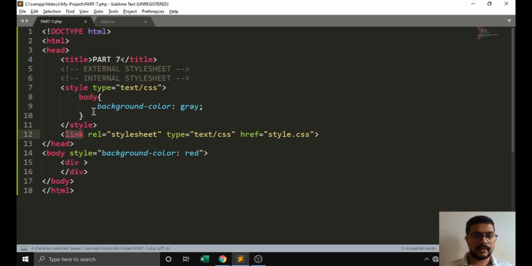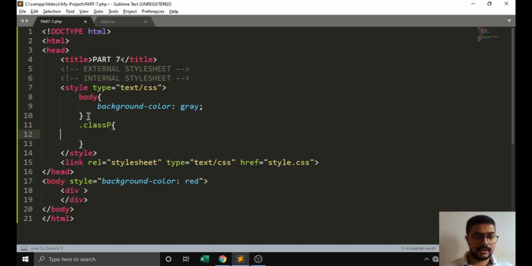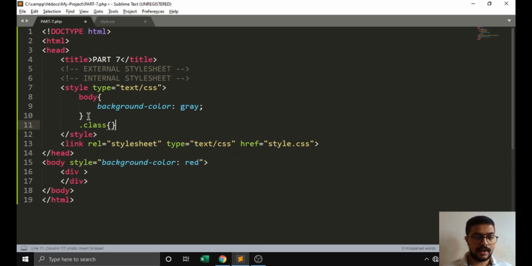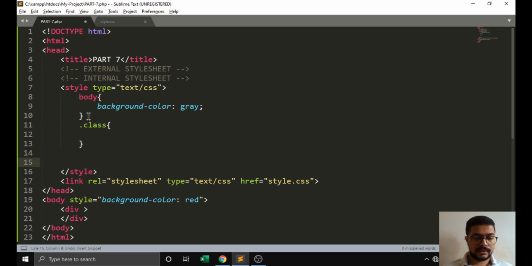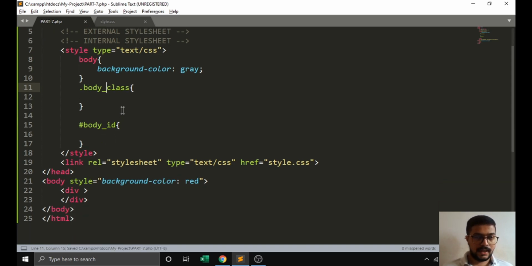It is because it prefers the inline style first, then the internal or external style sheet. And if there are any classes, we can create style sheet classes with the dot operator, and we can create an ID with a hash. We can create this body ID here, or create a body class here.